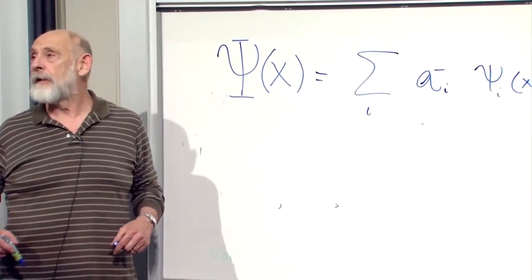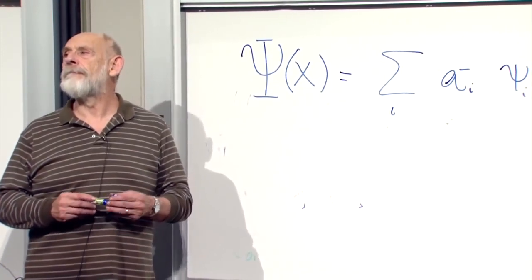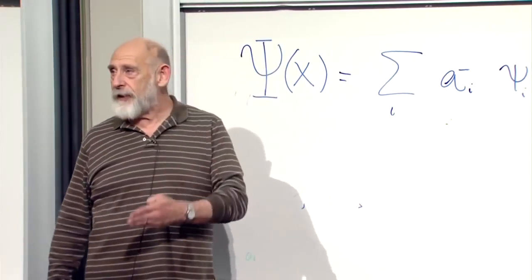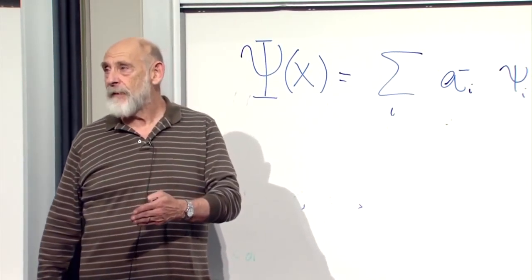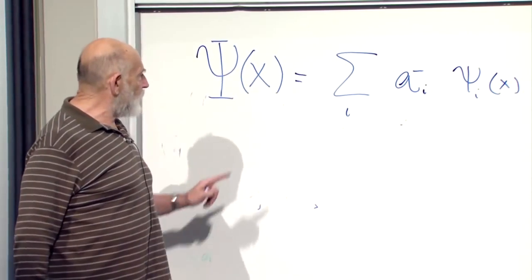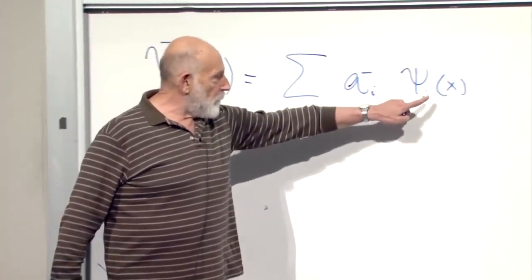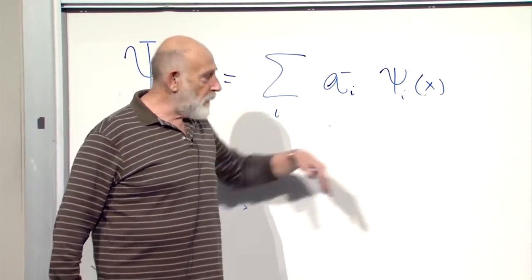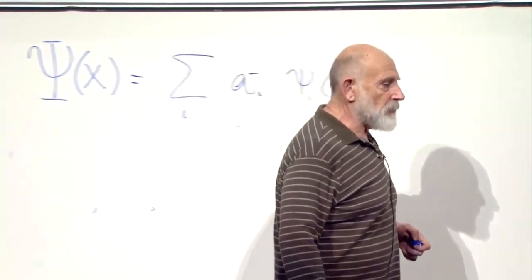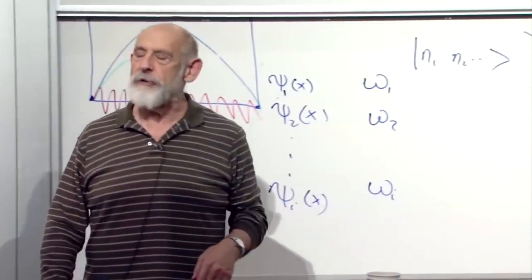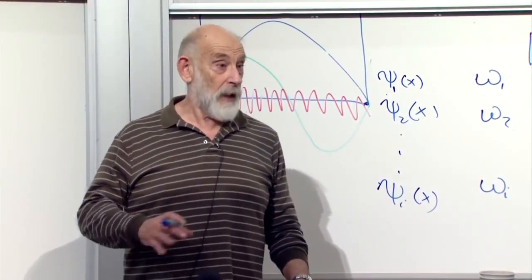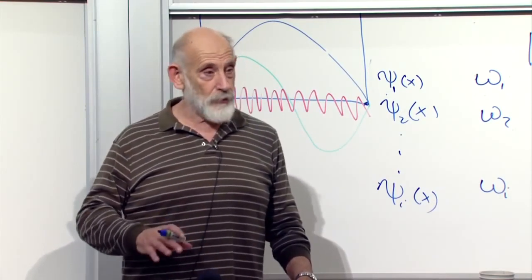What's that? Left-hand side is an operator, right? Right-hand side, does it include the psi there? These psi's are just numbers. Now, in fact, there's a separate number for each position. Psi of x are just functions. So if I want to know what the quantum field is at x equals 0, I plug in x equals 0 here. If I want to know what it is at x equals the square root of pi, I put in the square root of pi here. So it's a whole set of operators, one for each position in space. That's a lot of operators.